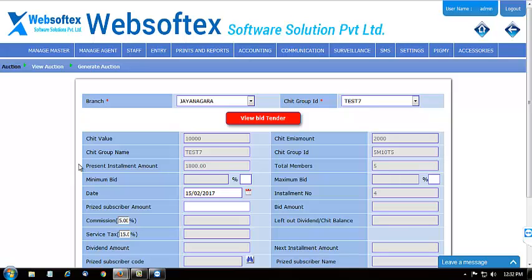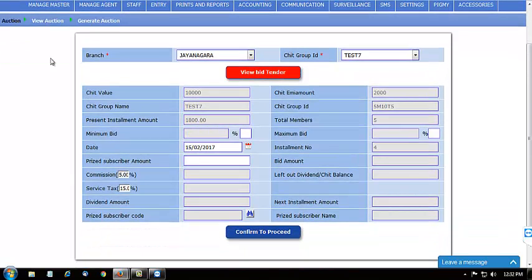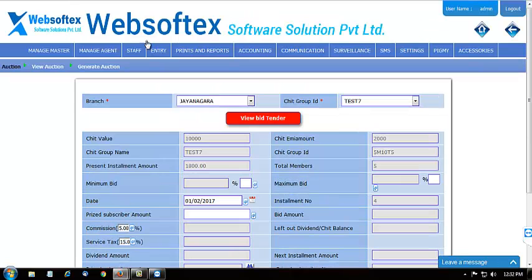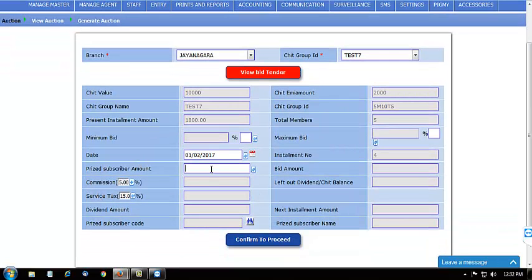Okay, after selecting the group, you need to enter the price amount here, that is how much a particular customer has won in this particular auction. I am entering 8,500. So once I enter the price subscriber amount, my commission, that is company commission, will be 500 rupees, and service tax will be 75 rupees, and bid amount will